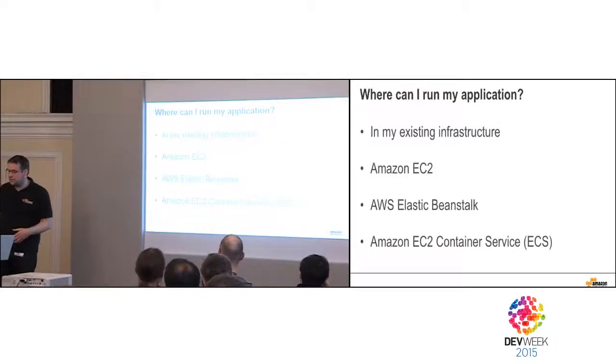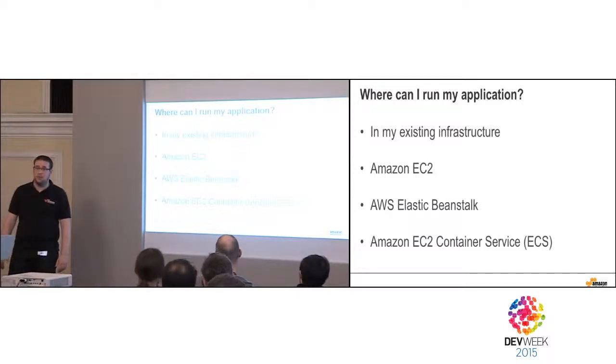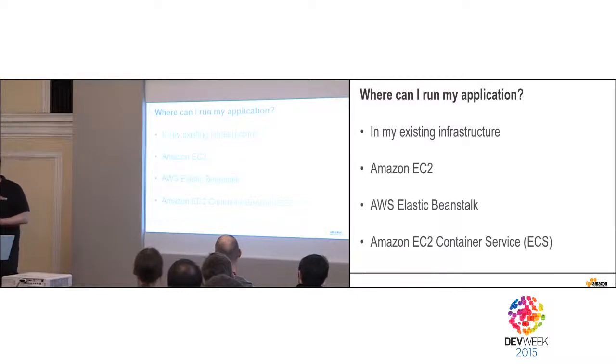So where do you want to run your infrastructure? And it's going to be my last slide, so I should be just right on time. You can run your application in your existing infrastructure. Here, I've just been using my laptop. As soon as you have internet connectivity, you can integrate with any of the AWS services. That works. It's an easy way to remove some of the constraints you may have in-house. But it has the problem that you now depend on the internet connection because you're going to have a hybrid architecture. But it's really something that does work.